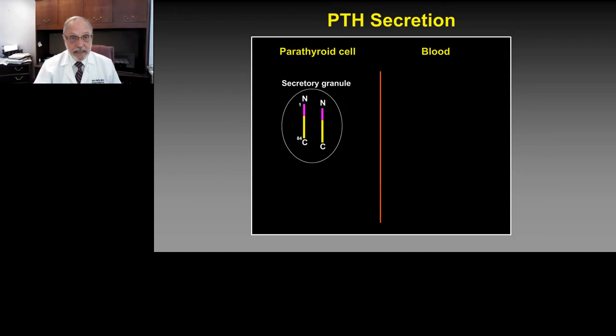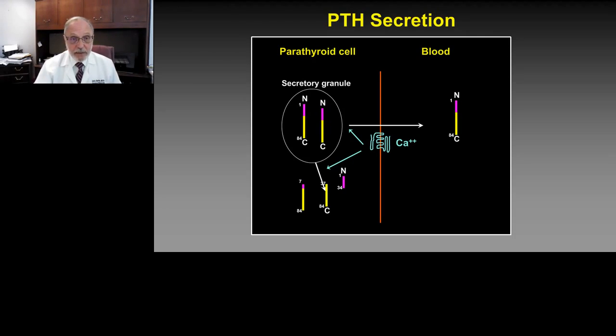PTH is made as a full-length 1 to 84 peptide and stored in secretory granules pending a stimulus for secretion. If there's a fall in levels of ionized calcium in blood, it signals at the calcium sensing receptor at the parathyroid membrane and causes the granules to fuse with the plasma membrane and enter blood. If calcium levels are high rather than low, then through signaling at the calcium receptor, PTH that's manufactured in the parathyroid cell can undergo degradation within the gland, and even to various fragments here,